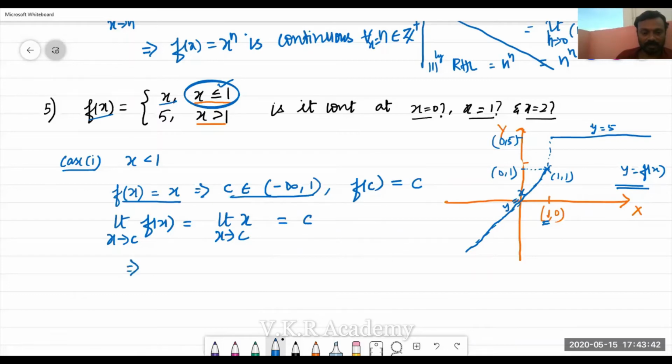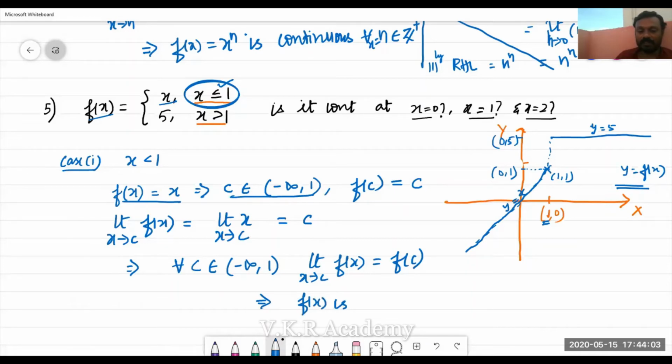So for all c in the interval minus infinity to 1, limit x tends to c, f of x is equal to f of c. This implies f of x is continuous